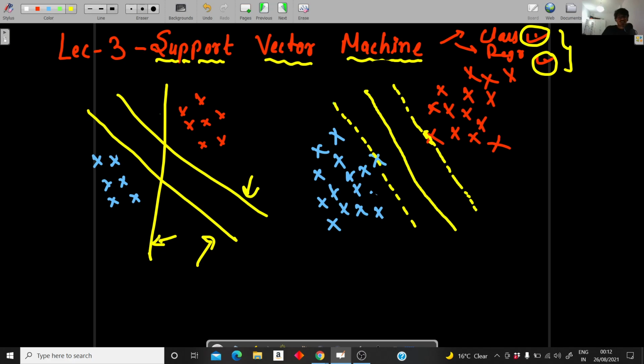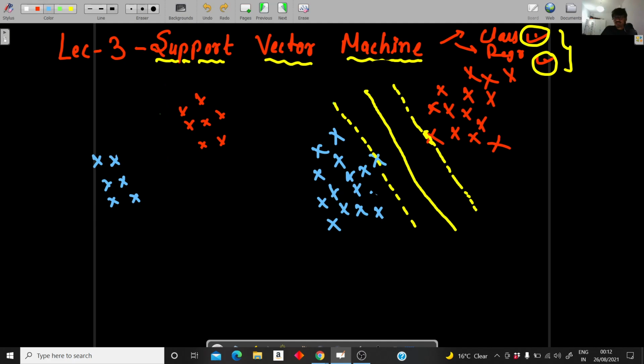In order to answer that, let me erase these lines again and let me have some more points. And even in red I'll be having a few points as well. Now again I'll draw the line, and I'm just drawing two lines. First I'll draw in the middle of them and let's say one more with the green color, and let's say I have this line. Now I'll ask which one is better, this yellow one or green one. A very simple answer will be I can say the yellow one. But why? Why not the green one?